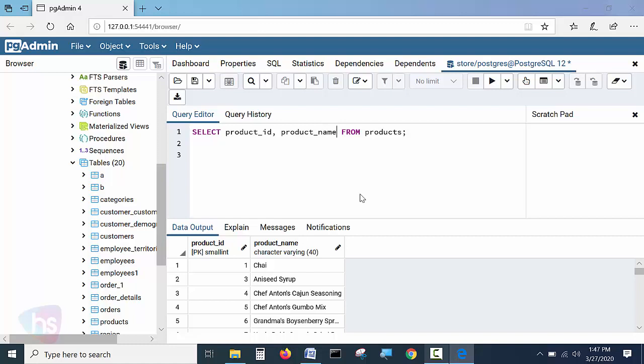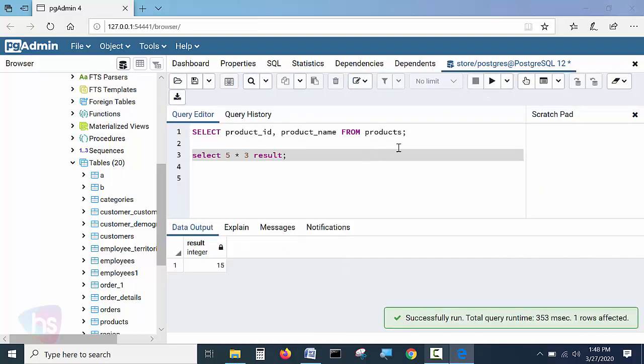And similarly, by using the select statement, you can simply write mathematical expressions. You'll see here, SELECT 5 * 3, 5 into 3, as result or total, as you wish to mention the keyword over there. 5 threes are, how much, I am asking. It's saying 15.